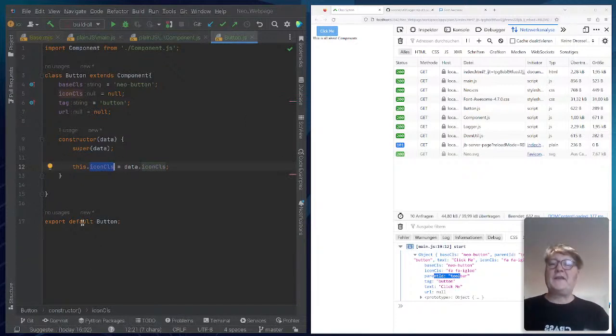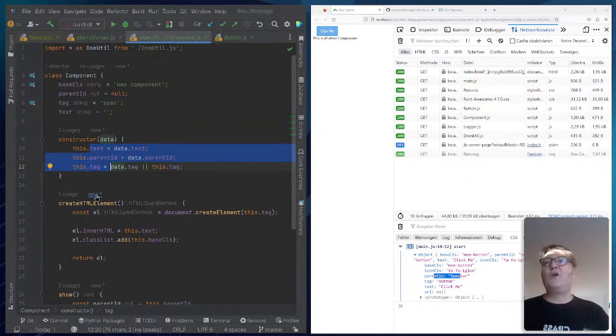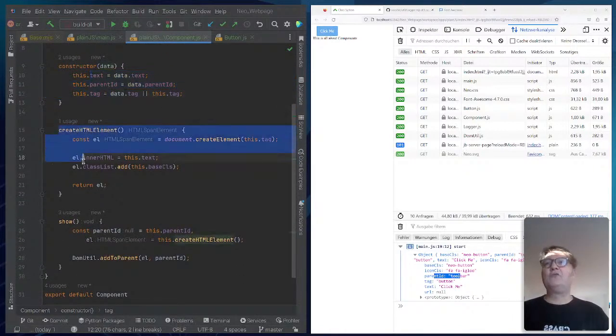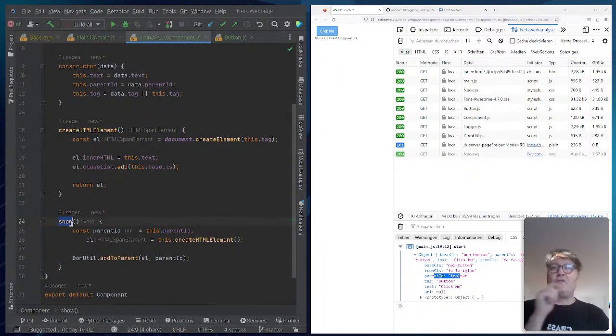And that is something where we have to override our create HTML. As you have seen, the show function already works. The create HTML already works, but this is specific to create something with inner HTML. And we want to add something in there. And in here, for example,